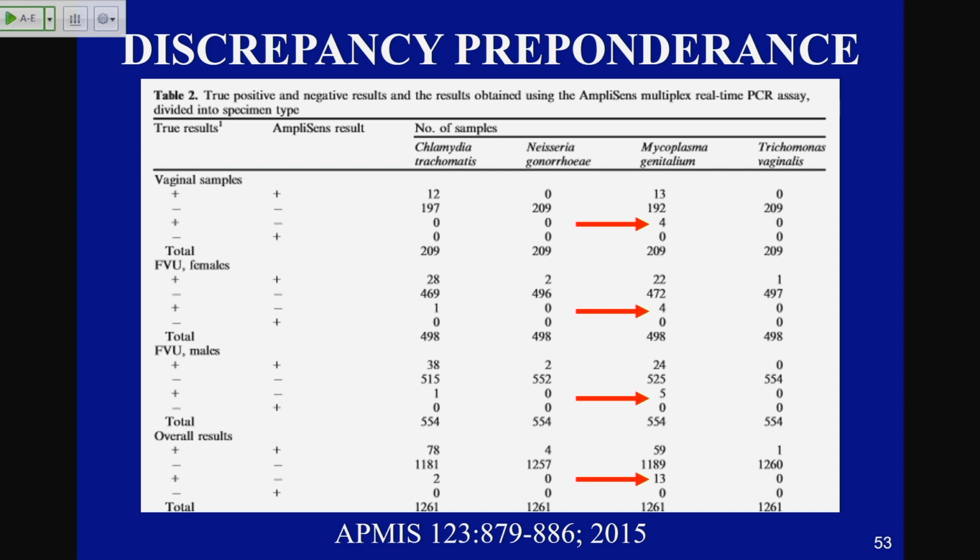So these two areas are looking for discrepancies. And usually, if your method is pretty good, these diagonal numbers should be about the same, right? You should have about the same number of false negatives as you do quote-unquote false positives. But there seems to be a preponderance of missed results by this assay compared to the reference result. So that sounds a little bit fishy to me, as far as the quality